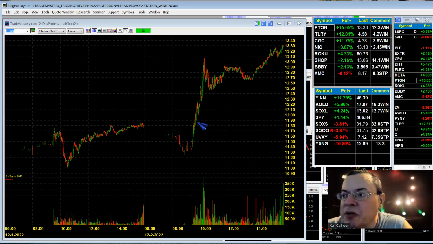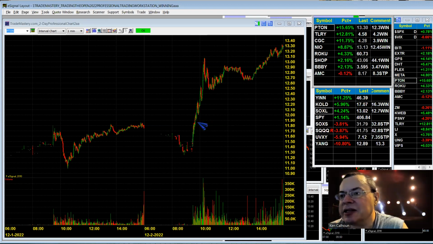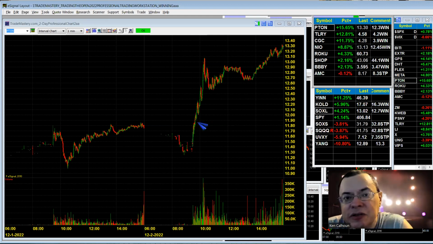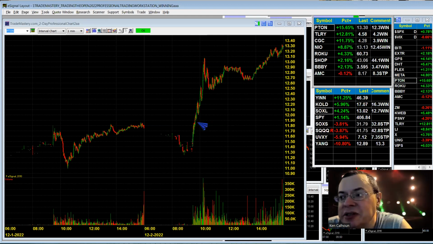In this case, it broke over 12. I didn't call the long right over 12 because I was a little cautious because the market had been kind of choppy. So I said, let's wait for this thing to get over 12.30 before we go long. And so I issued a buy alert back when it was like 11.80 or something to go long if and only if it gets over 12.30. It ran up to 13.30, a $1 win, or up to a $1 win if anyone took it.